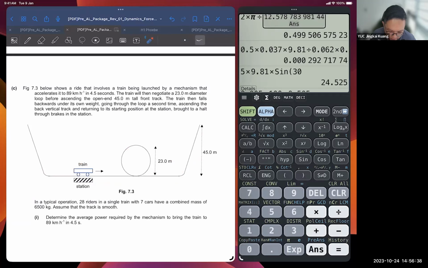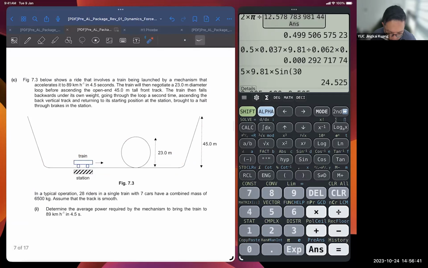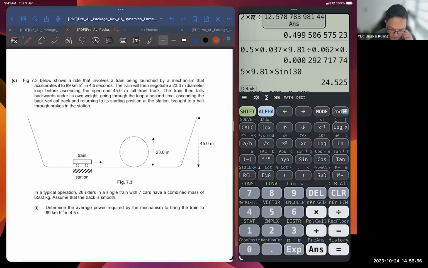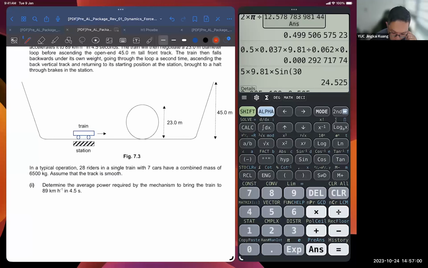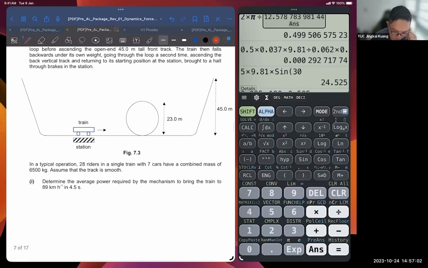Okay, let's do the whole thing. Determine the average power required by the mechanism to bring the train to 89 km per hour in 4.5 seconds. So for this one, just find the change in KE. 28 riders in a single train, 7 cars, combined mass. Does the train have any mass or not? Don't have. So this will be